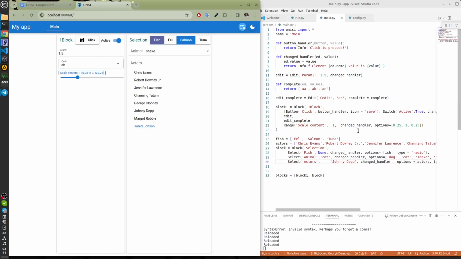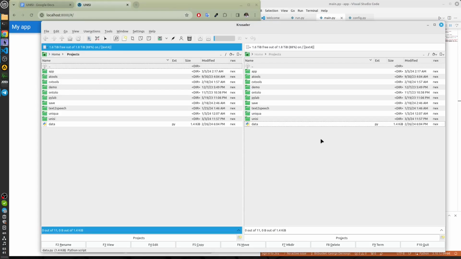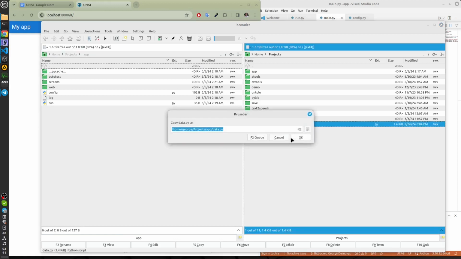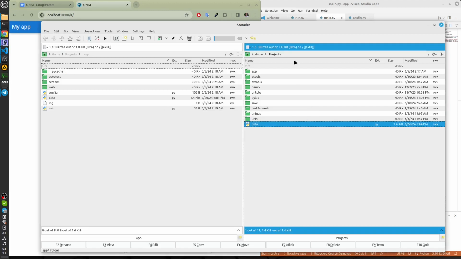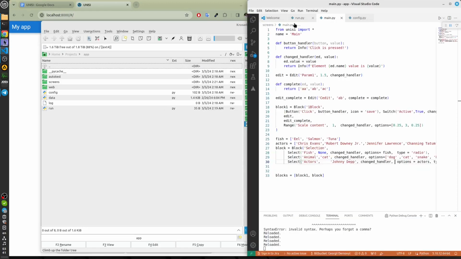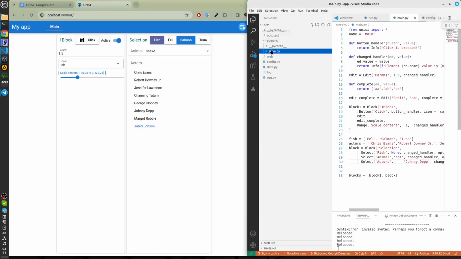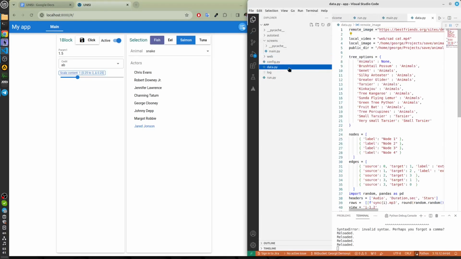Copy data.py to the project folder. It contains data for our elements and some data structures that we need in the work. What do we have in this file? Take a look.